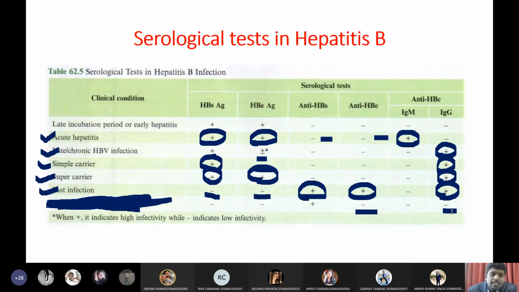In what case can we find these markers? Did you get my point, students? Did you understand my question? There is no envelope antibodies and core antibodies. But how did he get surface antibodies? If he has surface antibodies, definitely he must have core and envelope antibodies. How did this mysterious report come? What is the reason for this pattern?